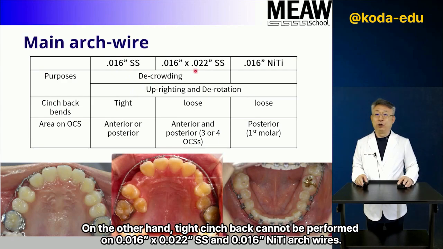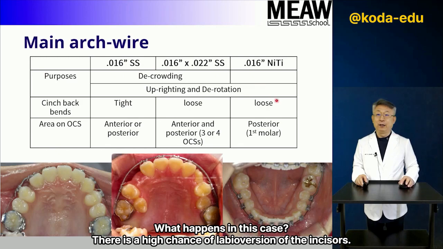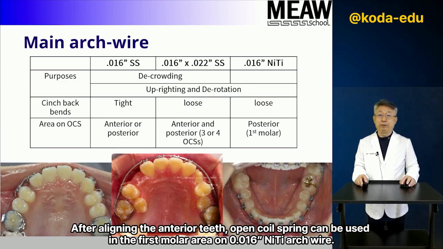On the other hand, tight cinch back cannot be performed on 0.16, 0.22 SS, and 0.16 NiTi arch wires. What happens in this case? There is a high chance of labioversion of the incisors. After aligning the anterior teeth, open coil spring can be used in the first molar area on 0.16 NiTi arch